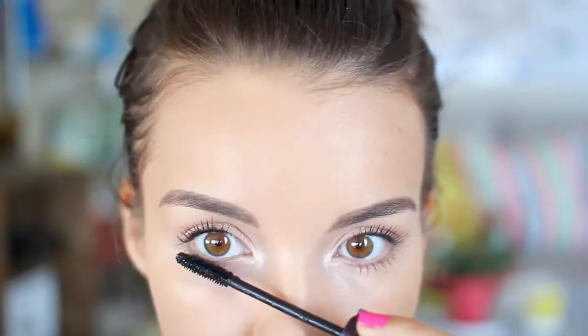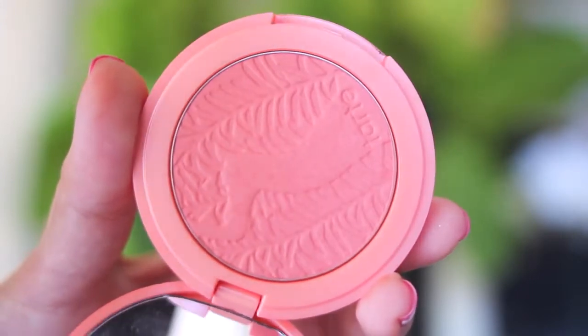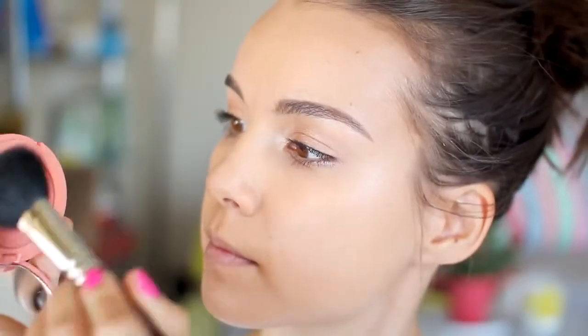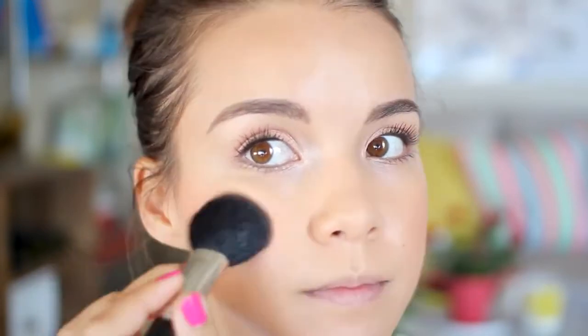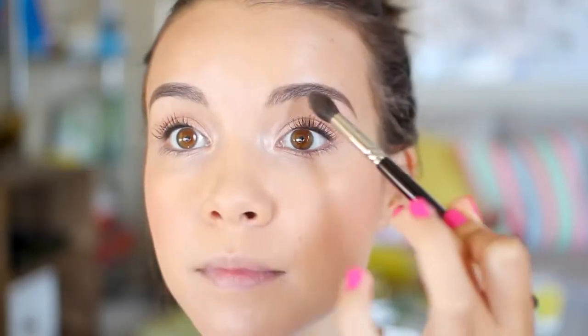Time to get blush-tastic up in here, and this is the Tarte Blush in Captivating, which is probably the only blush that you will see me use this summer because I'm obsessed with it. And for a highlight, I'm going back to the Laura Mercier Shimmer Block. I'm putting this on my cheekbones and bringing it around onto my brow bone as well, and it just creates